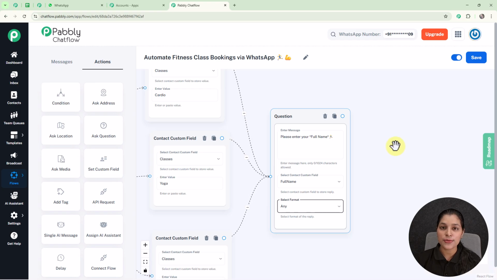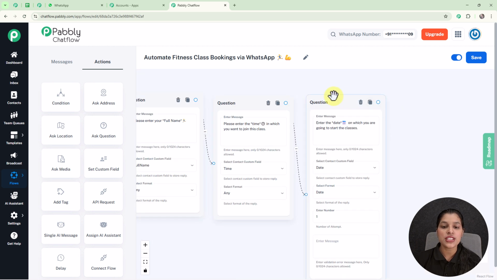Now likewise I am going to ask some more questions from my customers. So here you can see I have entered two more questions where I am asking for the time in which my user wants to join the classes, and afterwards I have entered a question asking for the date on which my user wants to start the classes. On the timing question I have selected the contact custom field as time and the format as any,